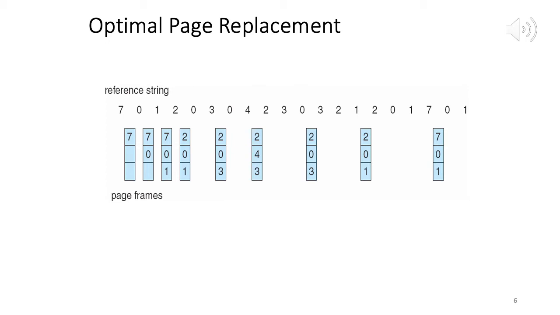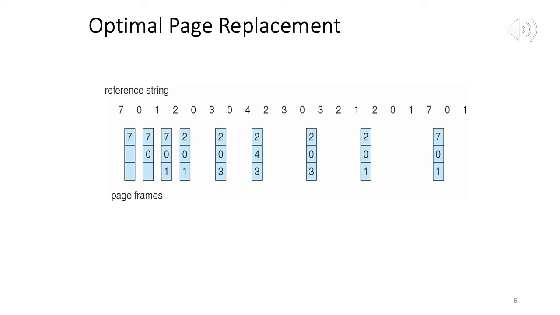Next access is for 3, no page fault, then for 2, nothing, then for 1 now we have to evict. Between 2, 0 and 3. So 3 is not being accessed at all, so evict 3. So we have 2, 0, 1 now. Okay. Then 2, no page fault, 0, no page fault, 1, no page fault. And then 7, we have a page fault. Between 2, 0 and 1, we evict 2.